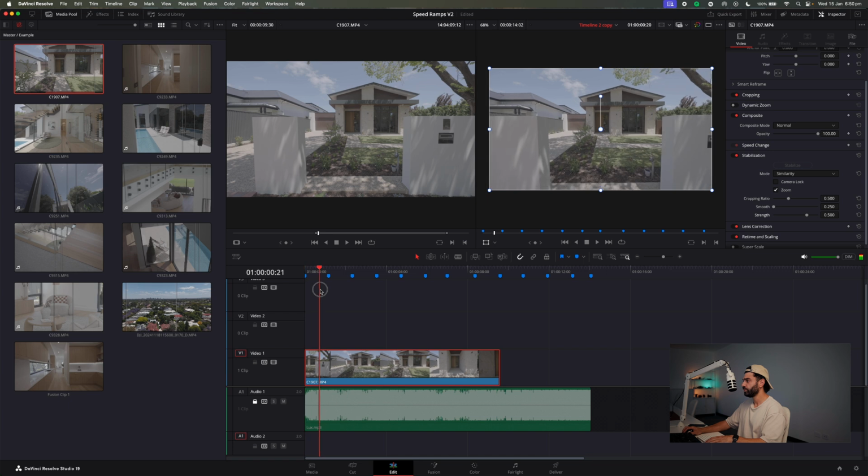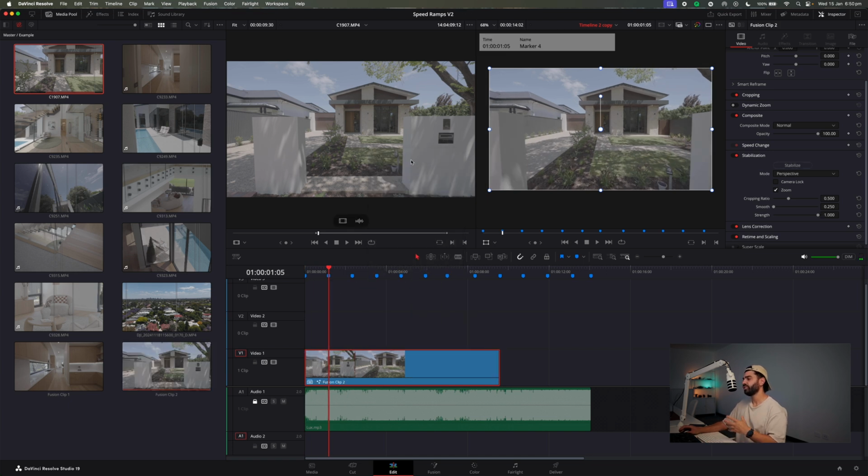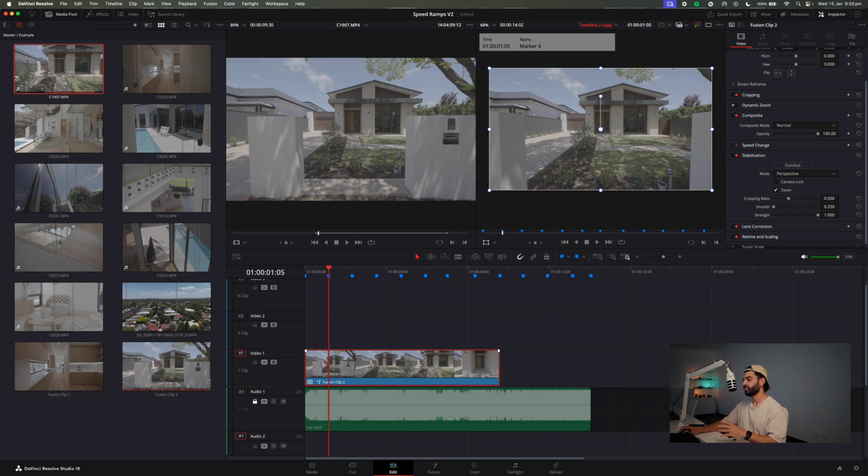Awesome. Now once that's done, we create a new Fusion clip. Now the reason you create a Fusion clip is so you have less clip to work with in Fusion. If you don't create a Fusion clip, what happens is when you put it into Fusion, you get the whole lot, every single frame that you shot. So creating a Fusion clip minimizes that into just this part, which is the working area. Now open Fusion,